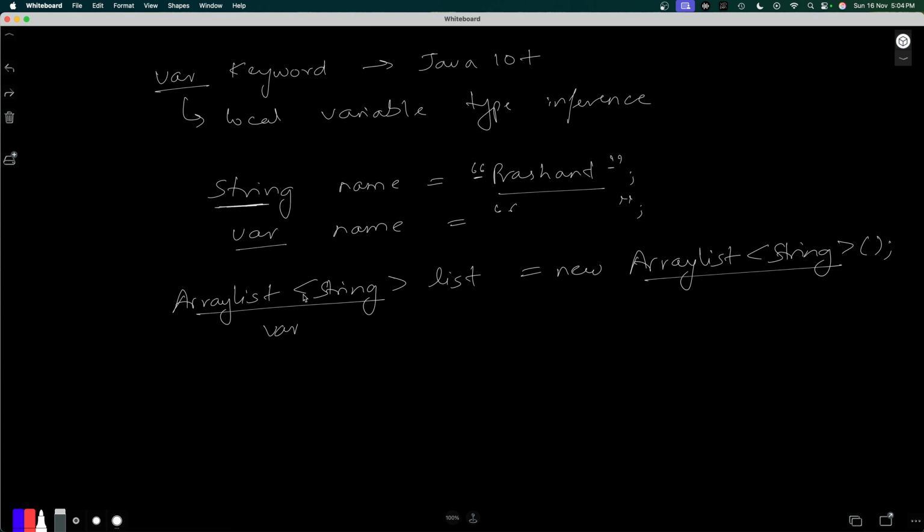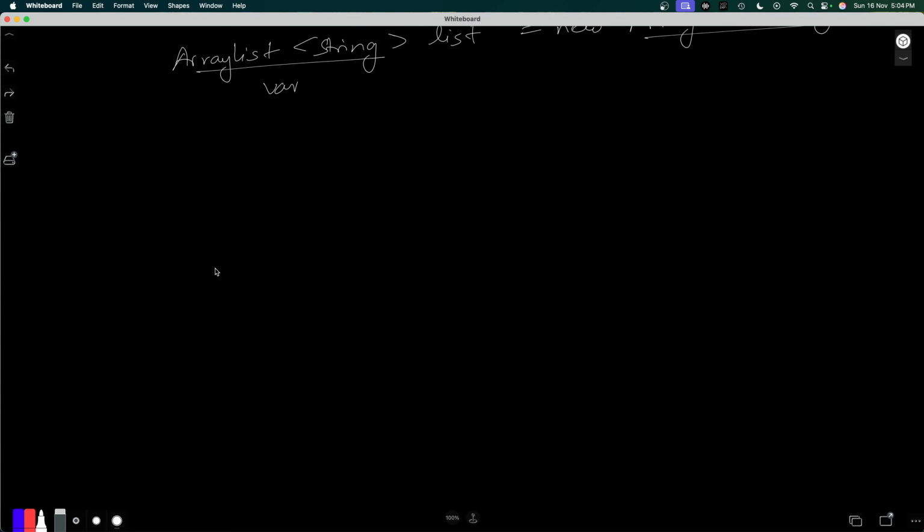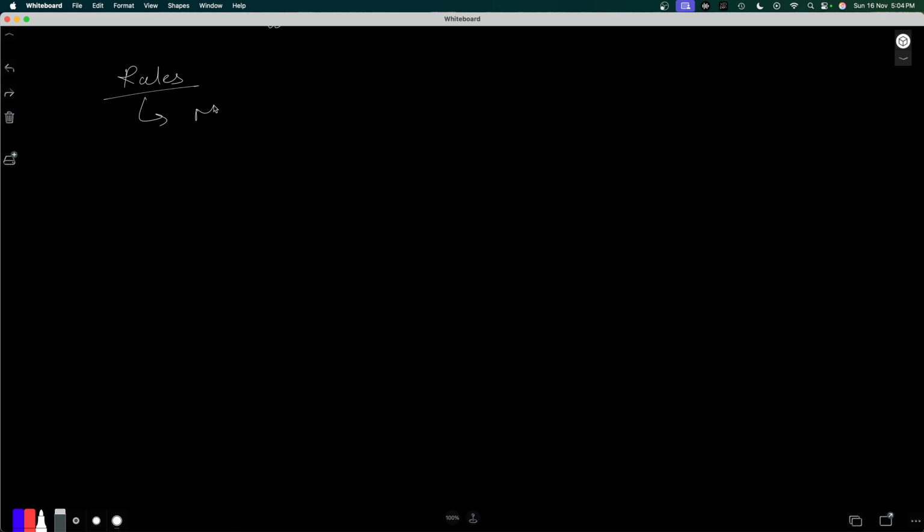There are some rules of using the var keyword, so let's talk about that. Otherwise you will get a compilation error. So what are those rules? Rule 1: it must have an initializer. This is a must. Now what does this mean? If you have var x, this is not allowed. It should be something like var x = 10,